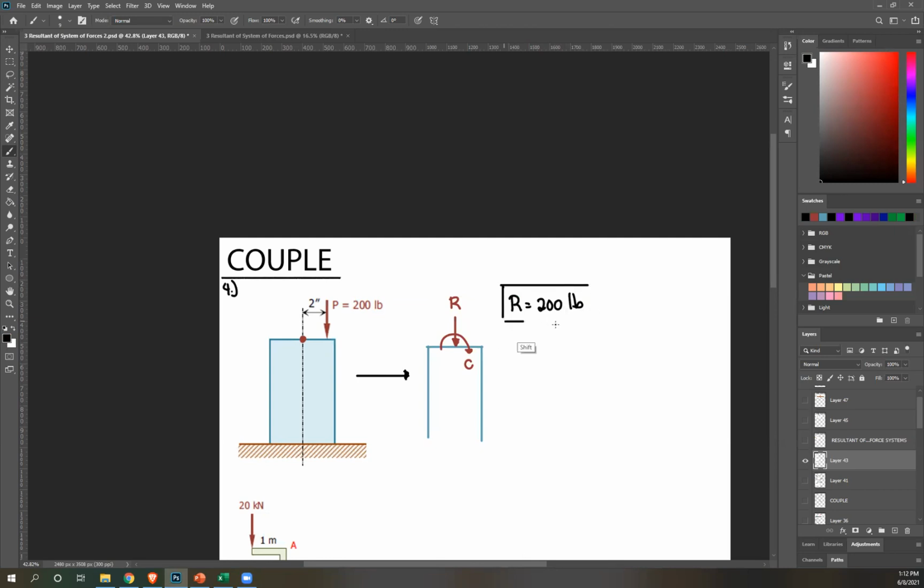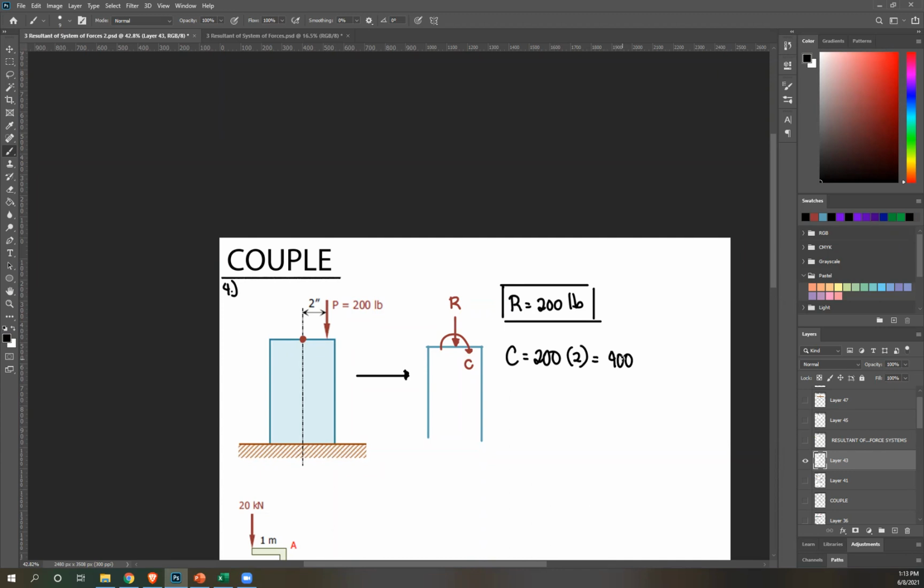Okay? Now, what about the couple? So the couple is just equal to your force P, rather force R, right? Which is again 200 multiplied by the distance it traveled. So 200, original point here, move to here. This is the distance it traveled, so that's 2 inches. So 200 times 2, you get